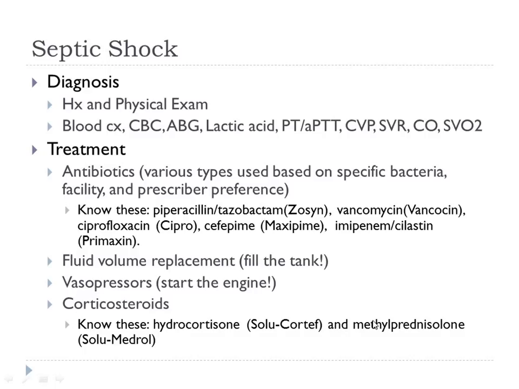The patient will be on antibiotics, right? We must replace the patient's fluid volume. If simply replacing the volume is not enough to increase the blood pressure and cardiac output, we can start the engine. We can give them vasopressors to increase the blood pressure if necessary. And those usually work by vasoconstriction and increasing cardiac contractility. Some physicians will order corticosteroids, which decrease the systemic inflammatory response, which is partially causing the problem here. It's not always used, but sometimes they will prescribe things like methylprednisolone and hydrocortisone.